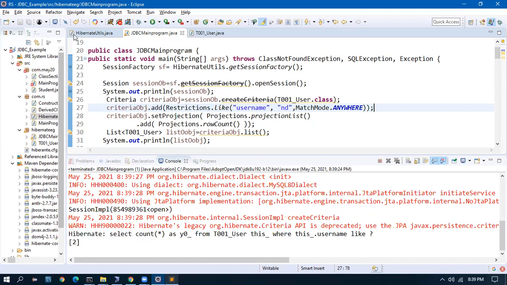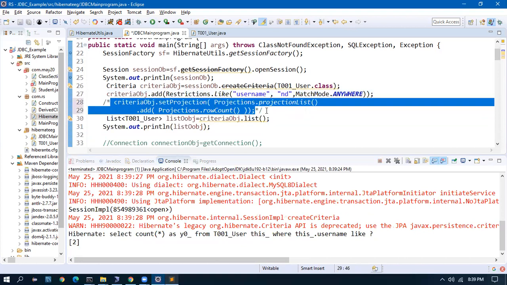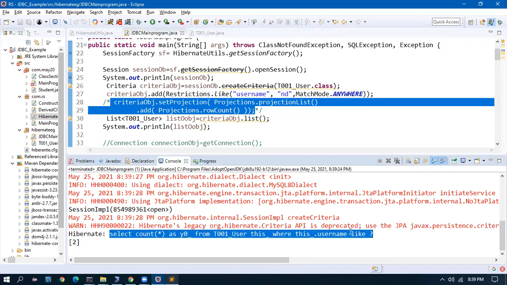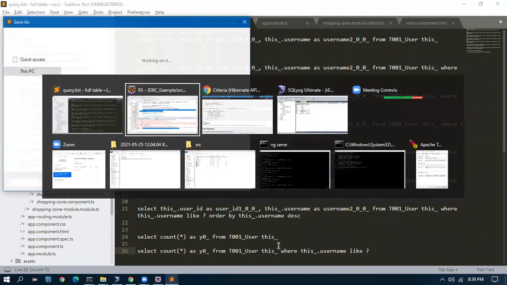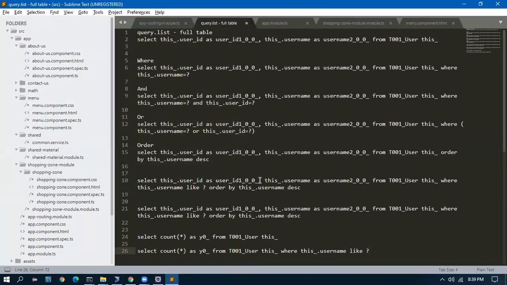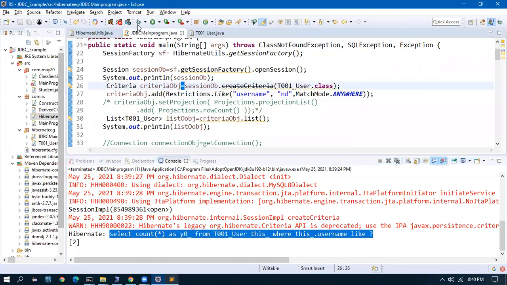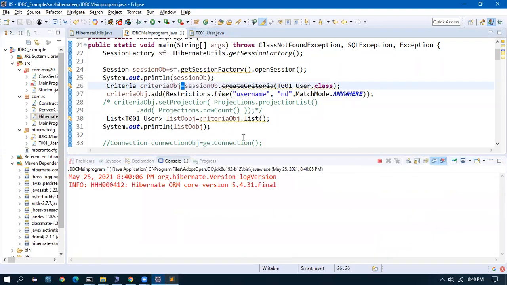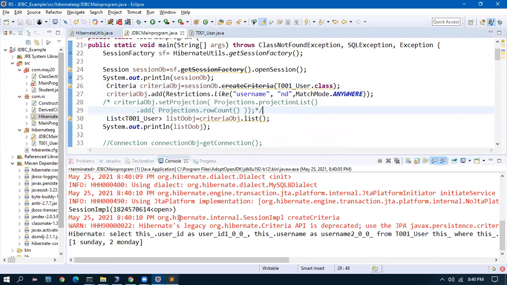Here too. So for this query, it is giving me just the count. If I don't have this projection, it will give me all the records. It gave me all the records initially. If I have this, it is the count. So you can do everything. Most of the needs in a basic application can be done using Hibernate. What happened? If I comment out this projection, the entire two records will come with the values.